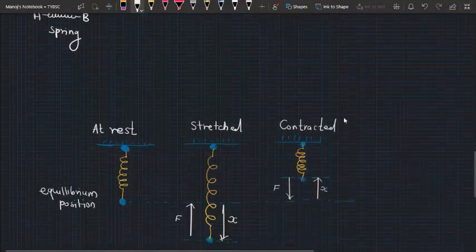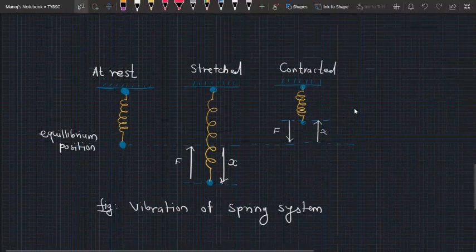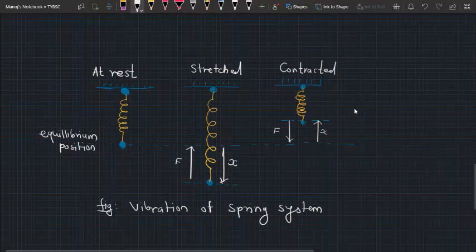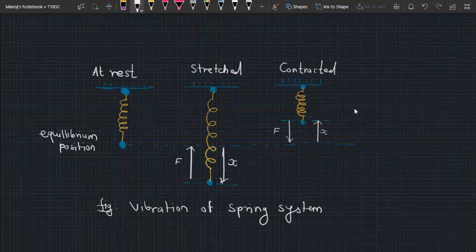So let us consider this vibration. Okay. So initially at rest, this is the first position, the rest position or equilibrium position, and this is atom A and atom B. So we have kept atom A stationary or fixed, and this atom B vibrates about its mean position. Okay, so this is the mean position or the equilibrium position. Now, when we stretch this atom B downwards, let's consider that it gets displaced by the distance x. Okay, x is what? Displacement.